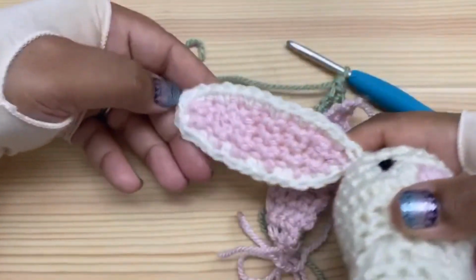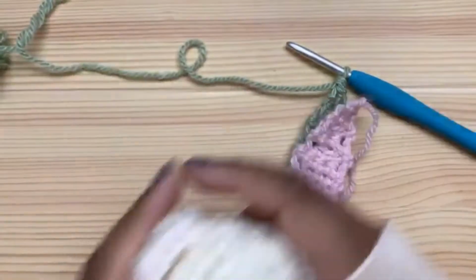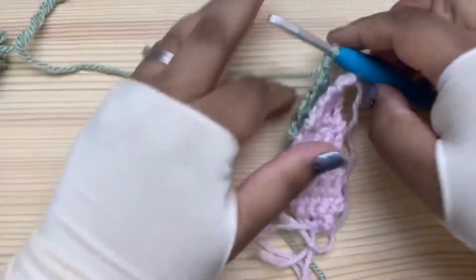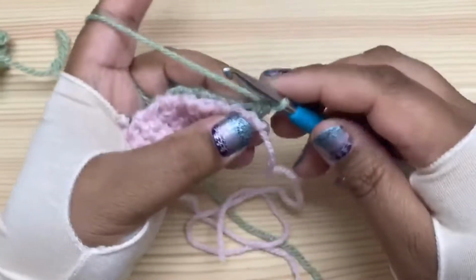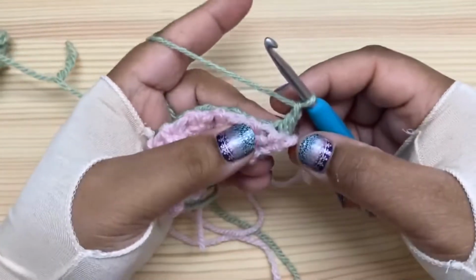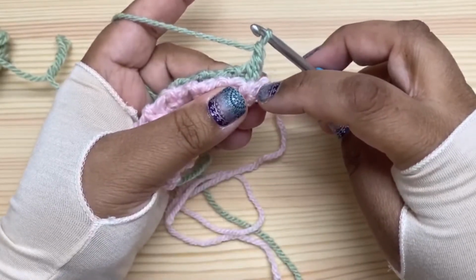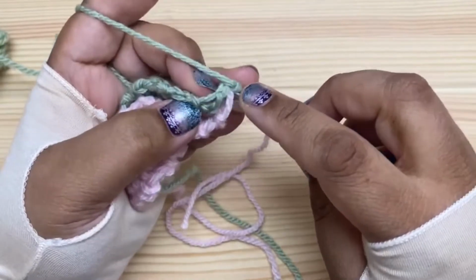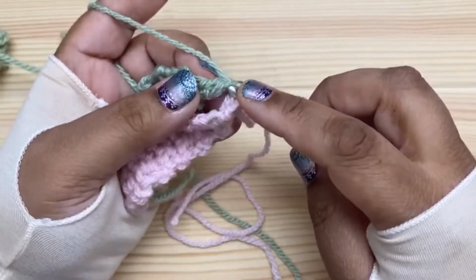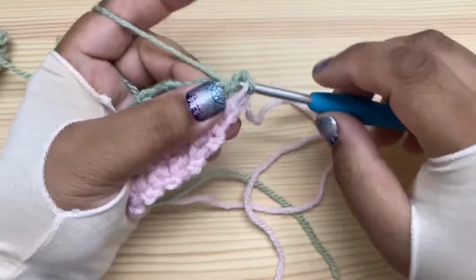I like it because this is my favorite side of the ear, so I like seeing the front of the stitches there. You can do it either way and it's not going to matter, but whatever you do here becomes the right side row. So chain 1 to start the row, and now we're going to find the very first row, which is right here, and it's a little fiddly to get into that very first row because it just wants to open up on you. Just go ahead and go into that first row, pull the tails tight so it doesn't open up,